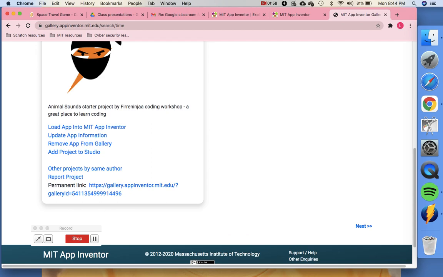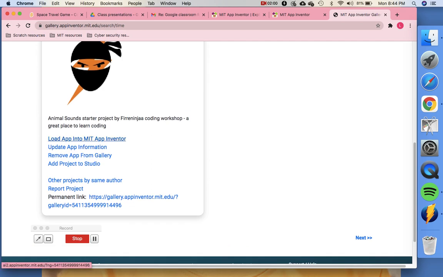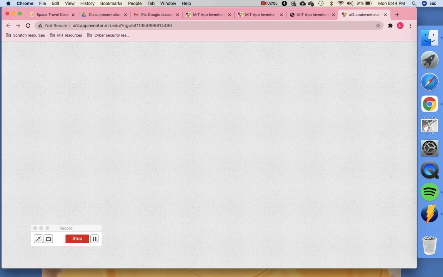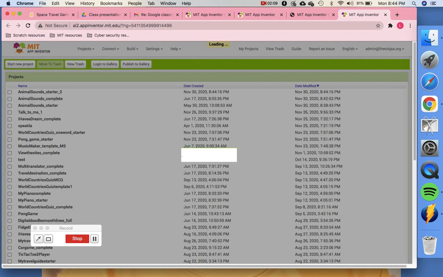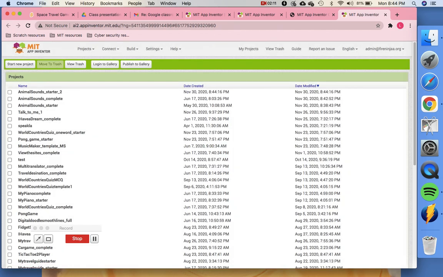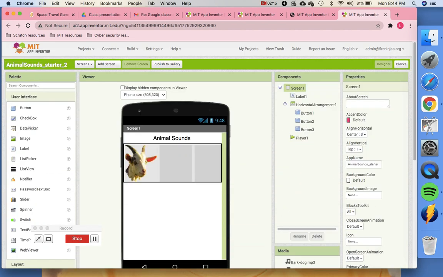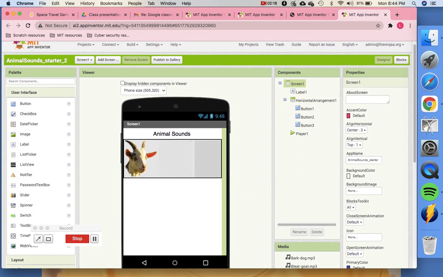You have to load app into MIT App Inventor. First one, please click. Once you click, it will load the project. It will load as animal sound starter or whatever the name is.